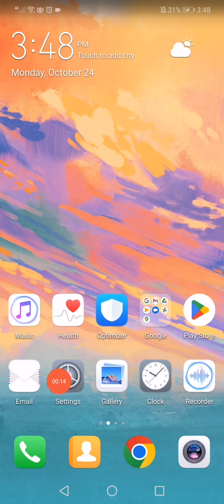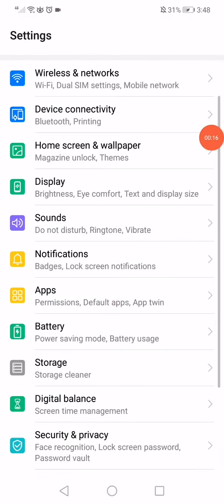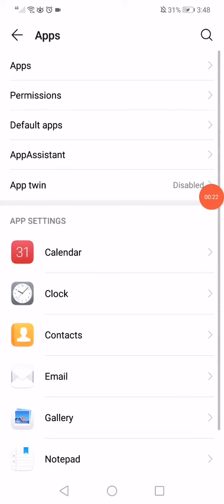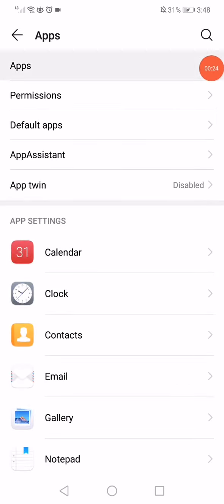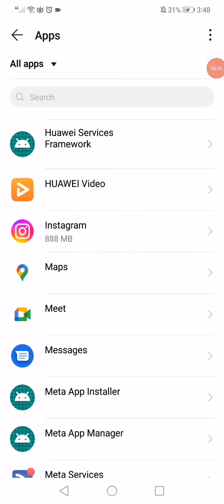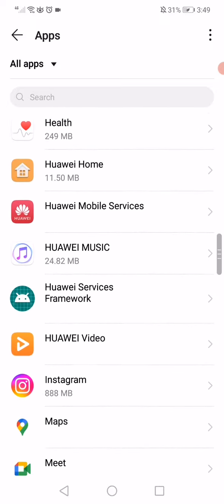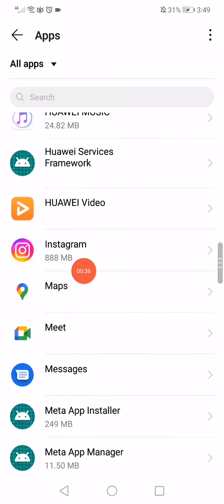Just go to the settings on your phone, scroll down, go to the apps right here, and then go to apps again. Now on this page you will find all the apps that you have on your phone. So all you have to do here is search for Instagram, and when you find it like this, click